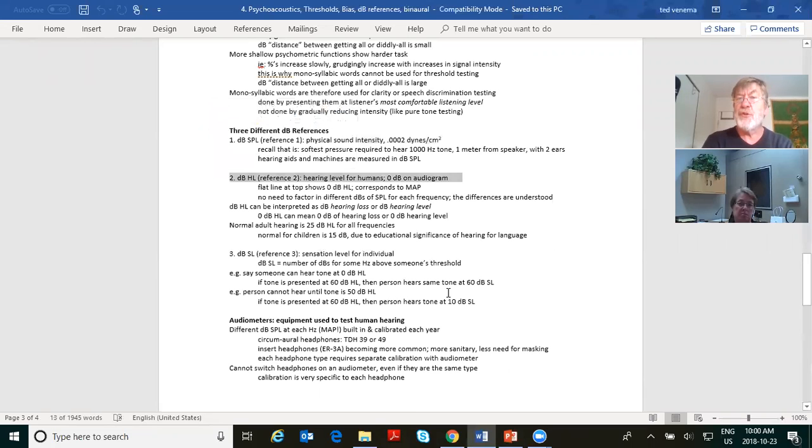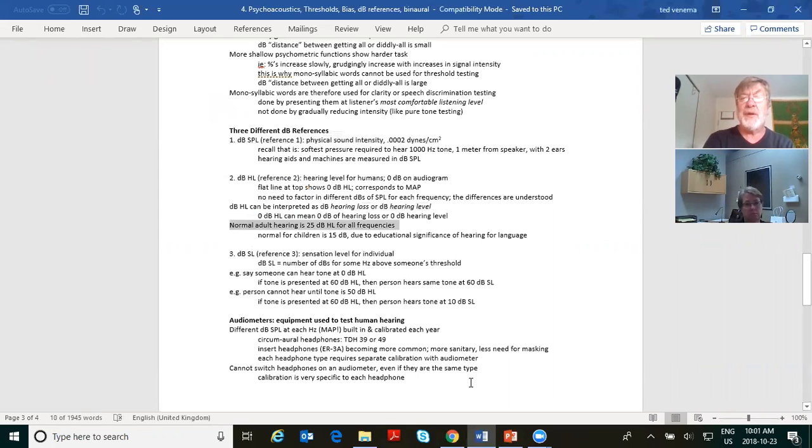dBHL, reference number 2, hearing level for humans. 0 dB on an audiogram, the flat line, shows 0 dBHL. It corresponds to MAP. No need then to factor in different decibels of SPL at each frequency. The differences are built in. dBHL can be interpreted as dB hearing loss or dB hearing level, either one. 0 dBHL can mean 0 dB of hearing loss or 0 decibels hearing level. Normal adult hearing